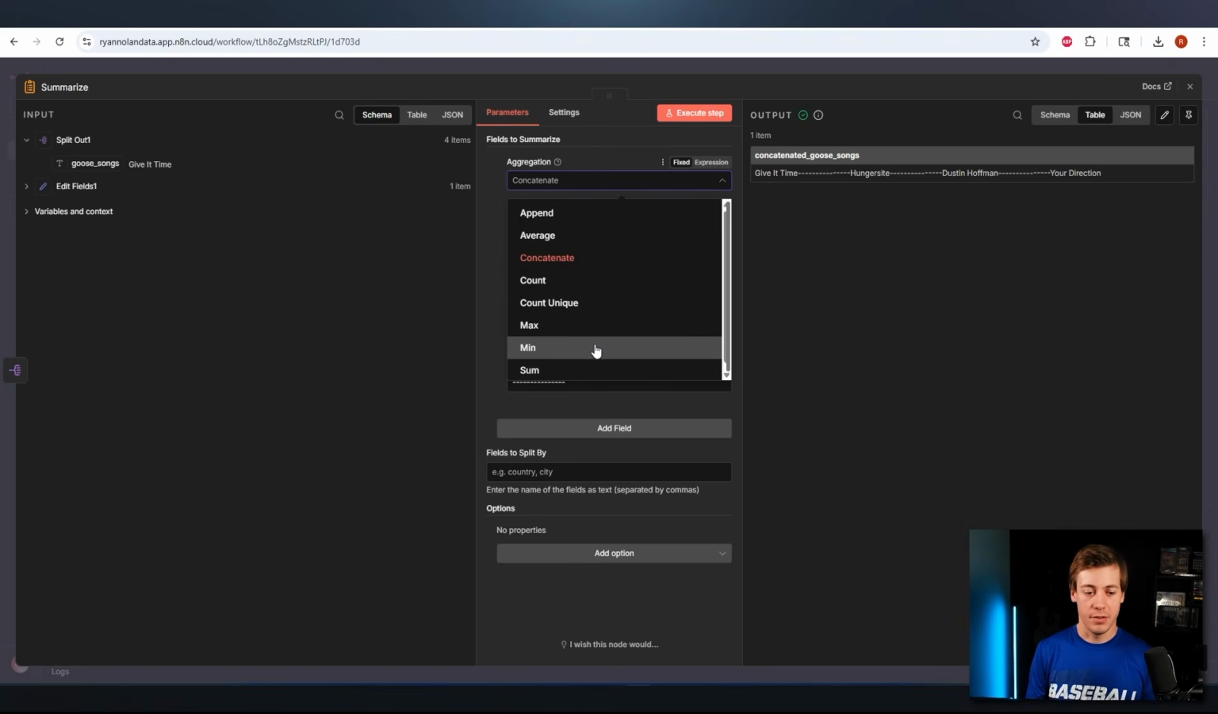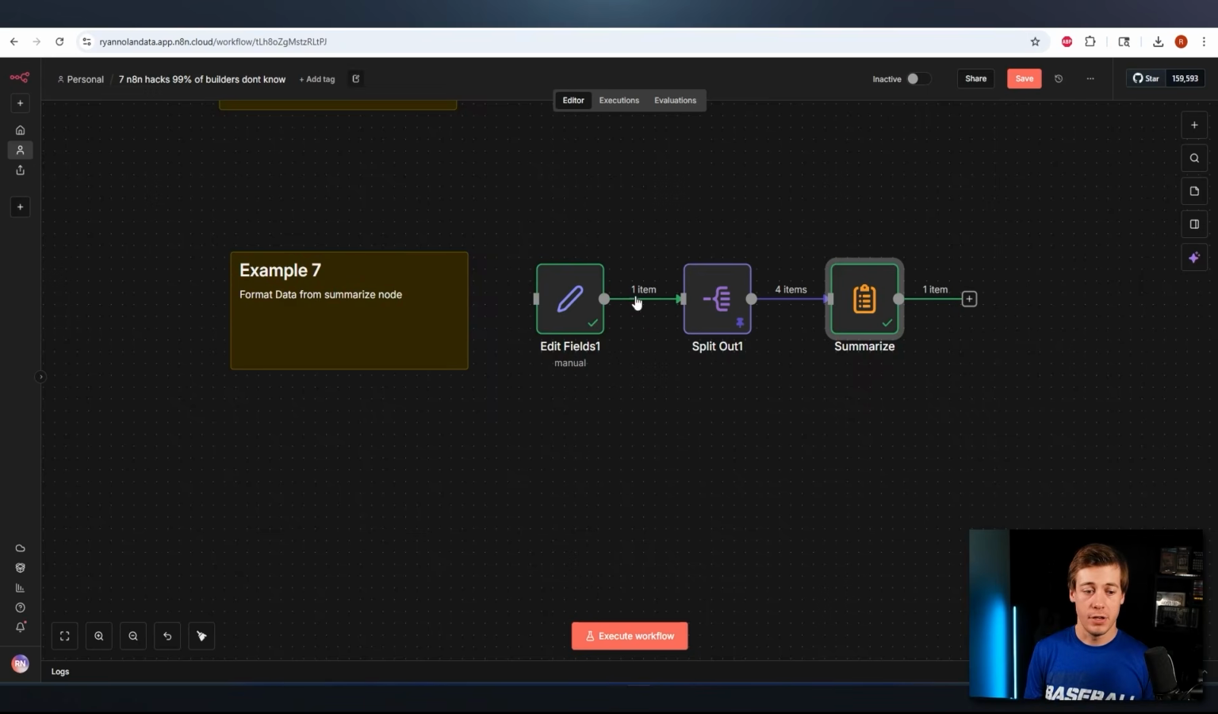And like a lot of other stuff I've talked about as well, you can see that there's also append over here. If you want to do data stuff, there's average, count, count unique, max, min, sum. I have a full video talking about summarize. It's a node people just skip over for whatever reason, but there's just so much that you could use with it